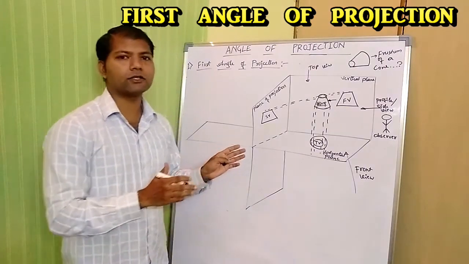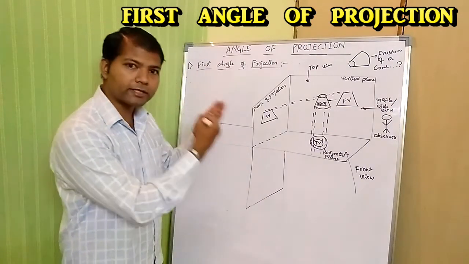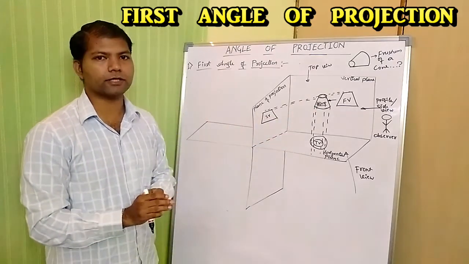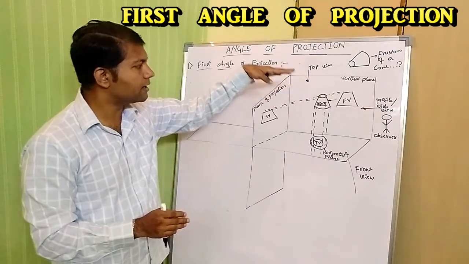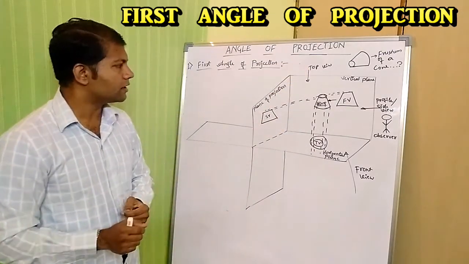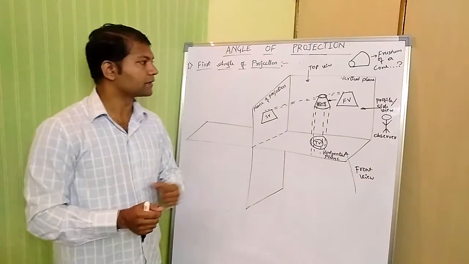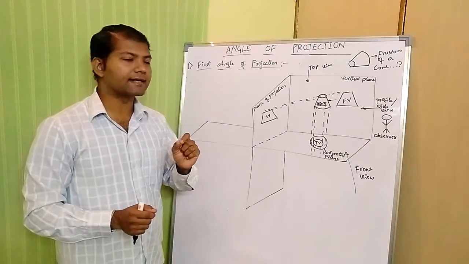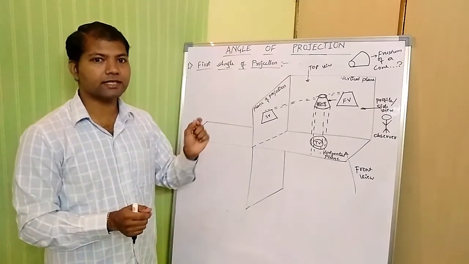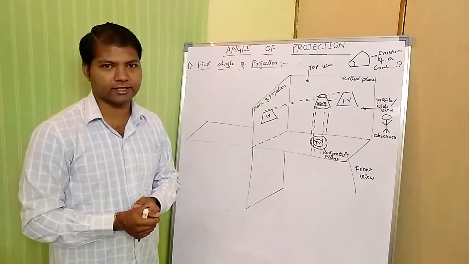So this is what we have projected on a vertical plane, on a horizontal plane, on a plane of projection: how the object is going to be seen from the different views. The most important thing is how to position these views. How to position these views is the question.